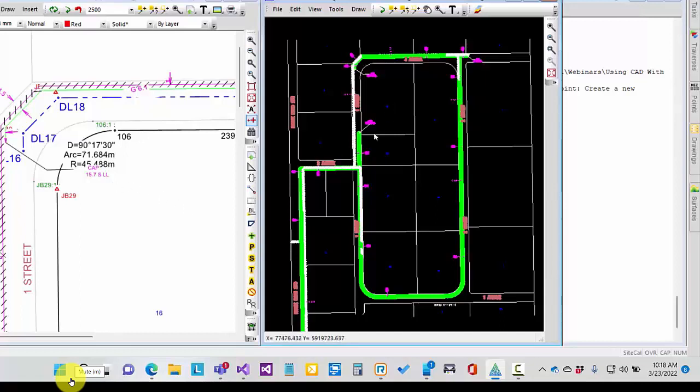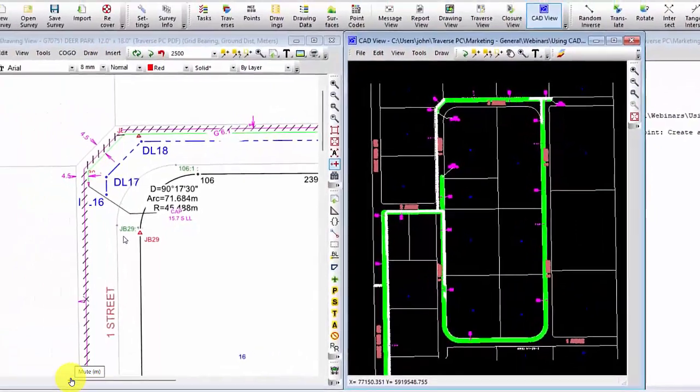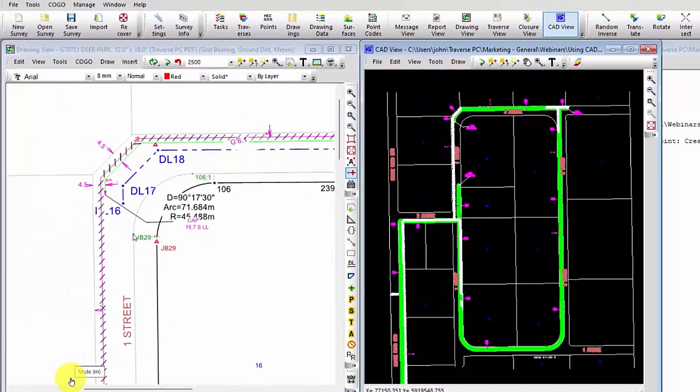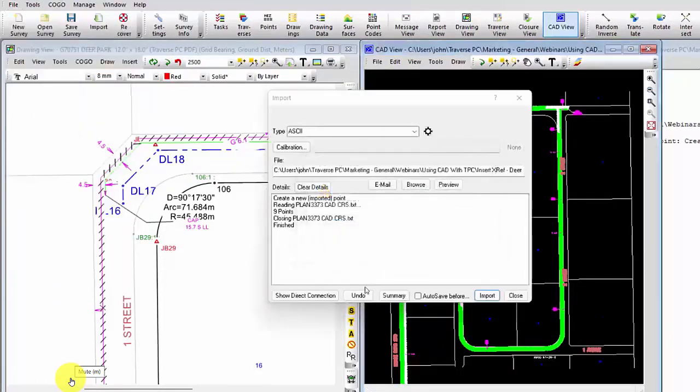Now, I could add those to the file directly using the same reverse calibration. It's a real slick tool in Traverse PC. But I wanted you to see that if I exported those, that's what would happen. Now, let's go ahead and import this calibrated, using the same calibration we use for the XREF to get us on our survey. So let's choose import, and I'm simply going to undo